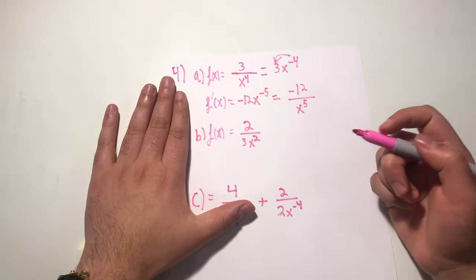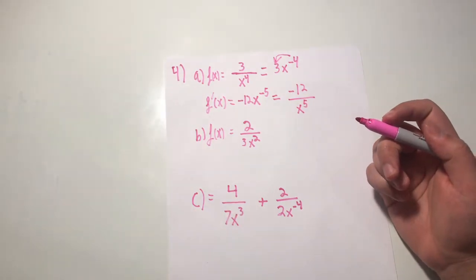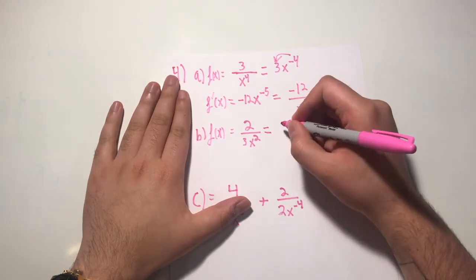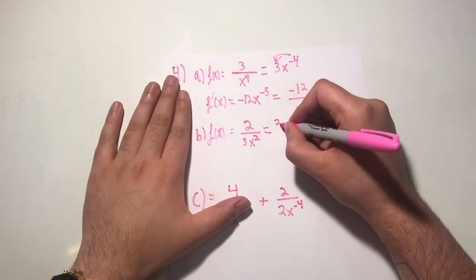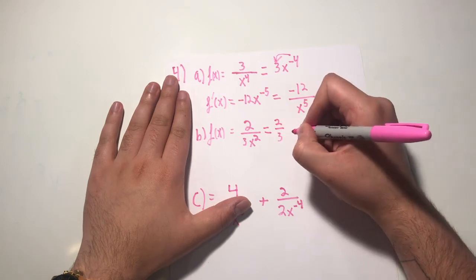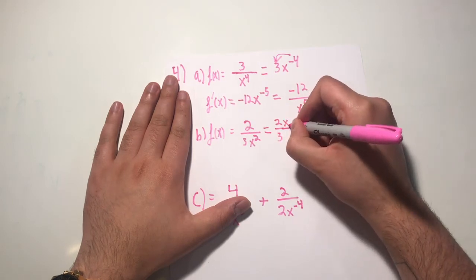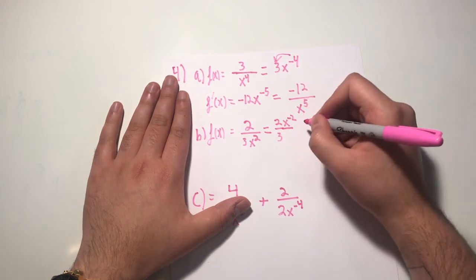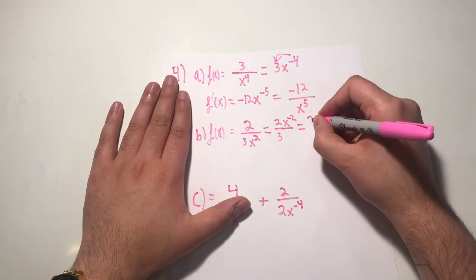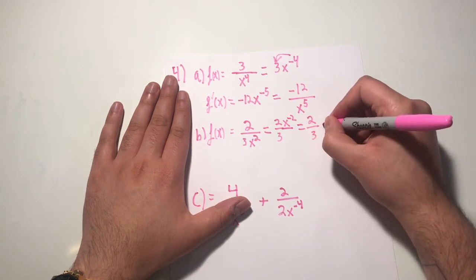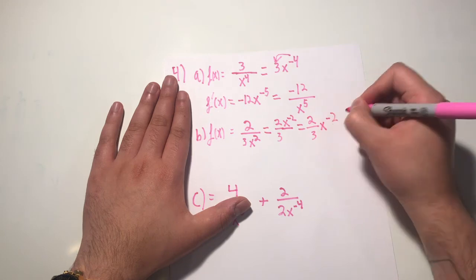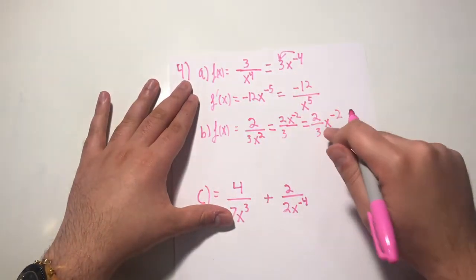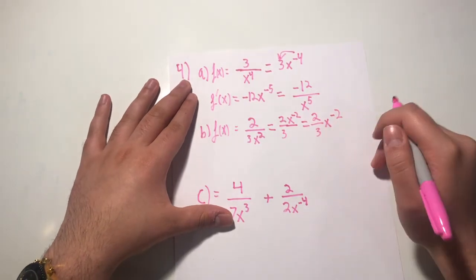In our next example, something similar. Our x term is in our denominator, we need it in the numerator. So how do we bring it to our numerator? We negate the current exponent. So we have 2 over 3, and we bring our x to the top, and it becomes x to the negative second. And then we can make our 2 over 3 kind of a coefficient like this. 2 over 3 times x to the negative second. Simple, right? So now that it's in the form we want, a number times x to an exponent,